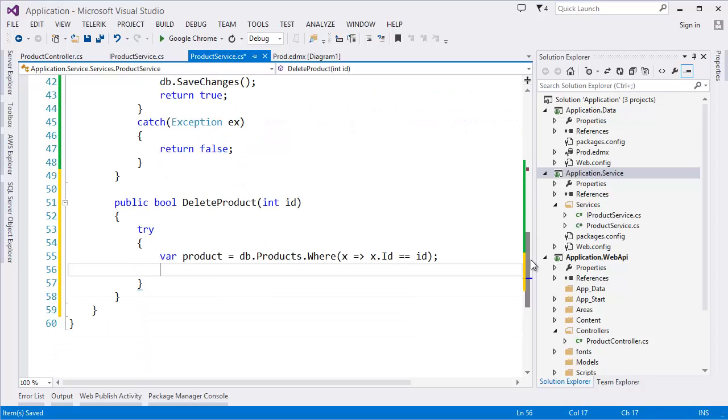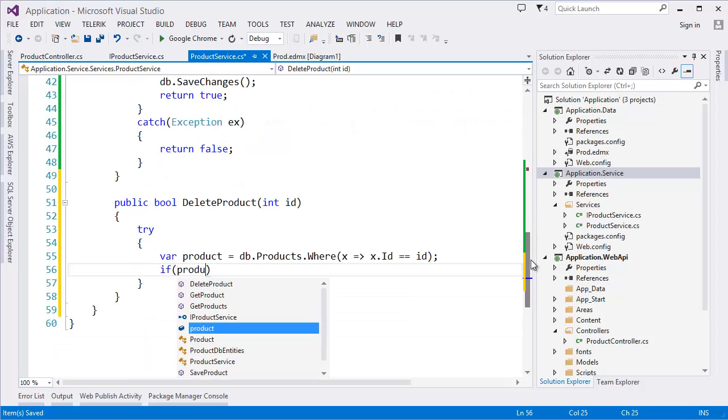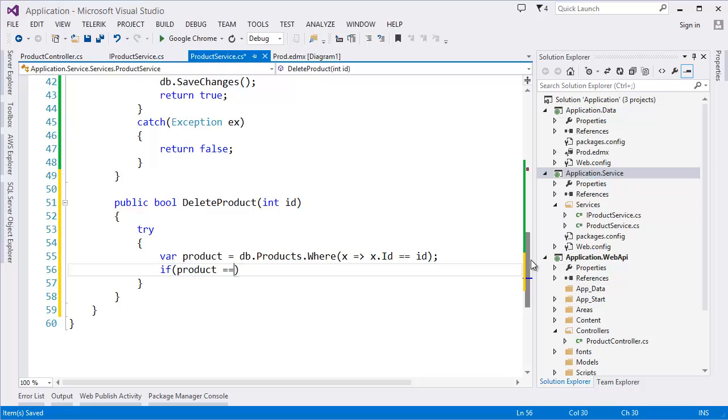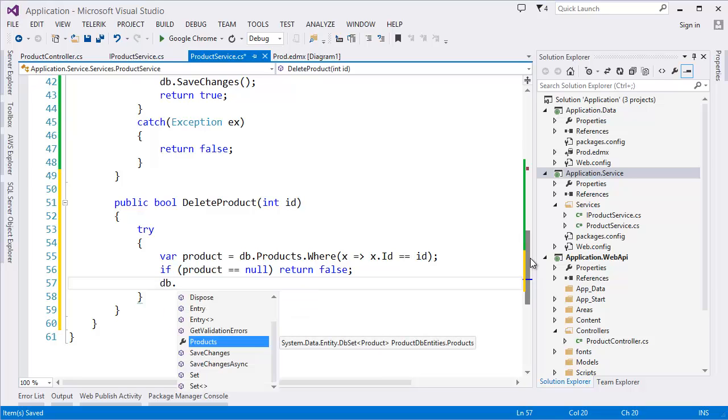Then we can check it here, if your product is null then we can return false, otherwise we can go ahead that db dot